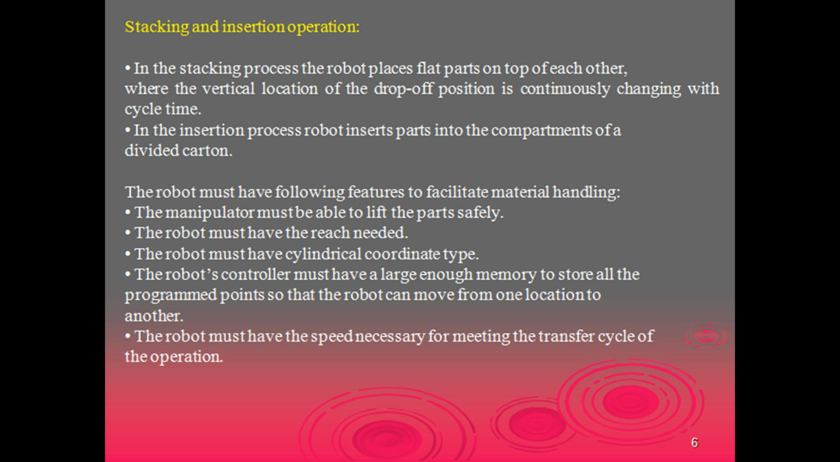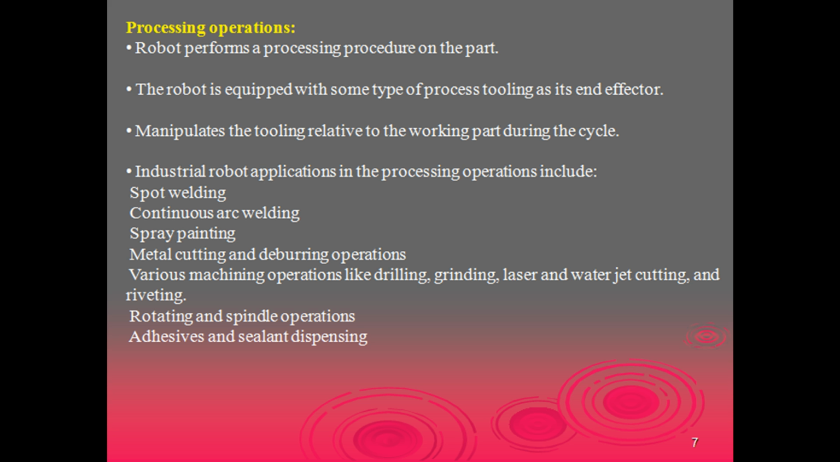The robot must have the speed necessary for meeting the transfer cycle of the operation. The next application that we are going to discuss is processing operations. A robot performs a processing procedure on the part. The robot is equipped with some type of process tooling as its end effector, manipulates the tooling relative to working